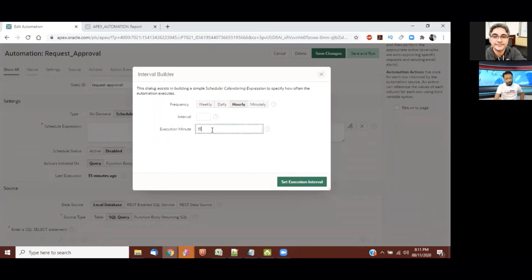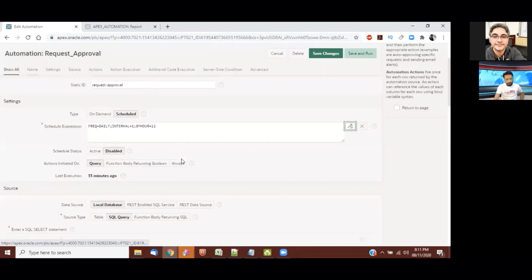If I want to execute my process on an hourly basis, you can set the interval here, and the same for minutes. So I'm going to create a process on a daily basis with an interval of 1 and execution hours of 12.